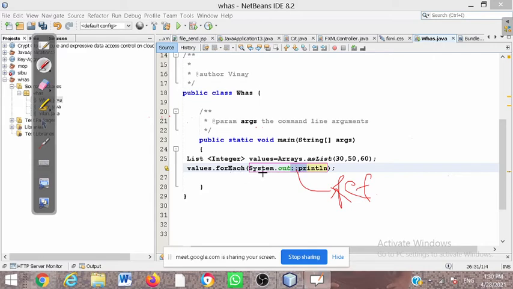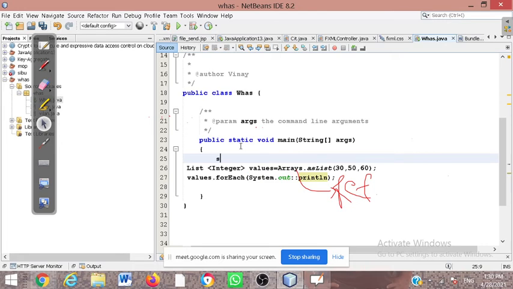So finally, System is the class, out is the object, used as a reference, and through the object we can access the method. So with the help of the forEach method I can use the reference, and we can access the method through this reference, right? And this println method is predefined in the System class. That's why we access it by out.